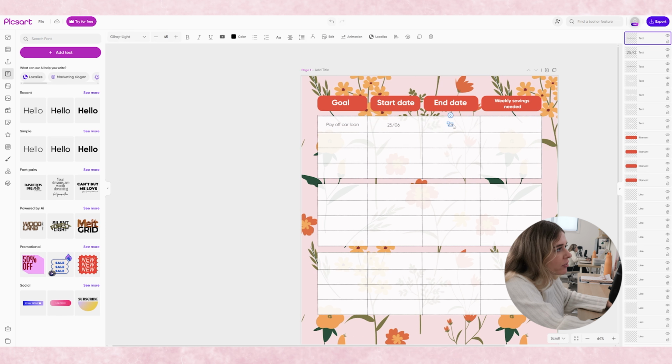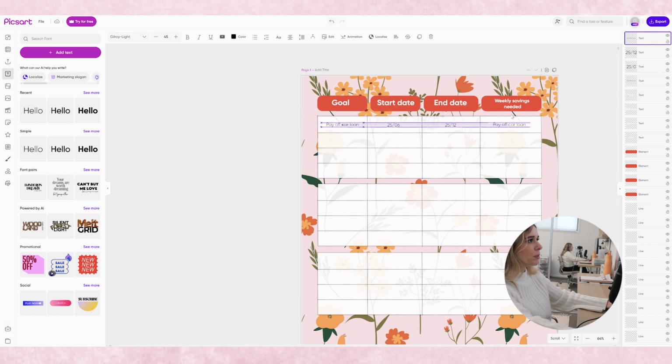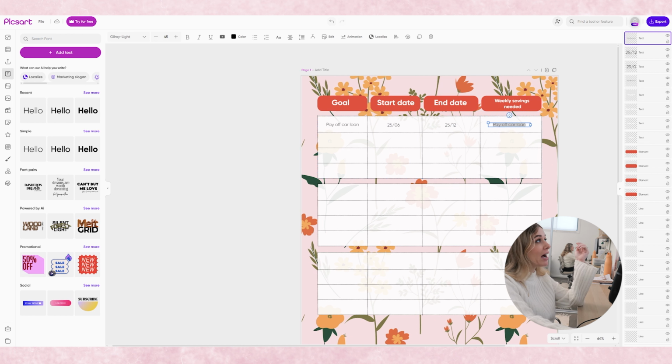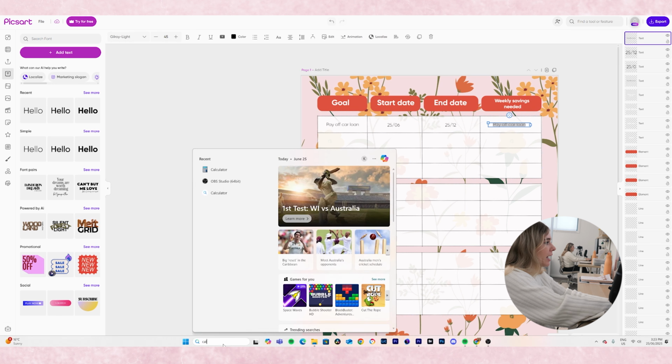I could put the 25th of the 12th as the end date. And then again, copy and paste. And then the weekly savings needed. So I believe our car loan is sitting somewhere in the 6s at the moment. So if we bring up our calculator